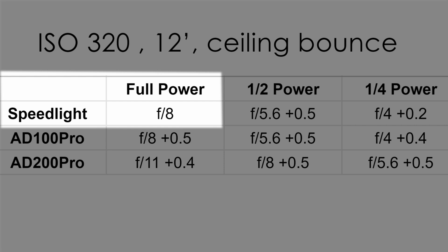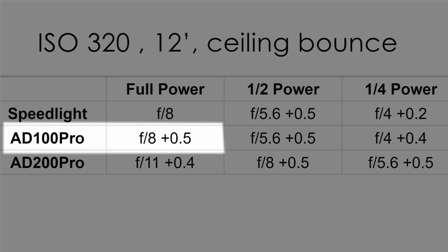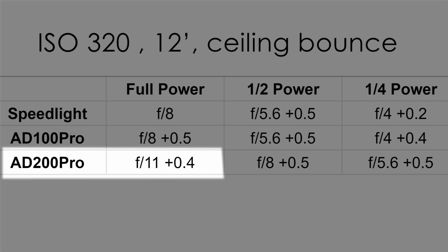So Speedlight at f8. When I go to the 100, it's barely brighter. It's f8 plus 0.5 stop. So it is a little bit brighter than a Speedlight, but not a whole lot more. I'm going to show why it probably is and isn't as we take a closer look at it. When we get to the 200, it's a no-brainer. It's more than a full stop more of light coming in at f11 plus